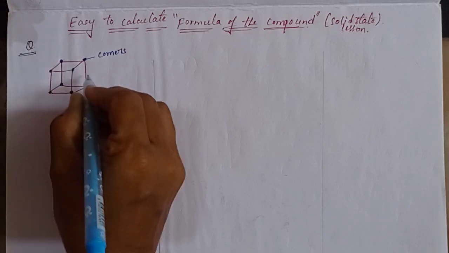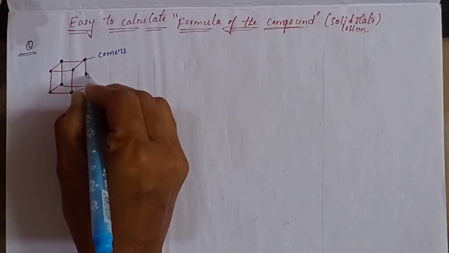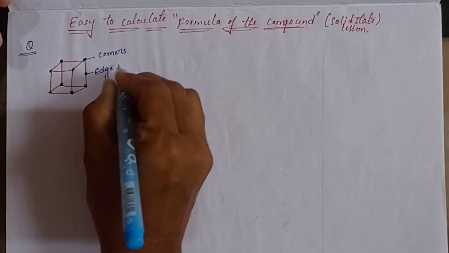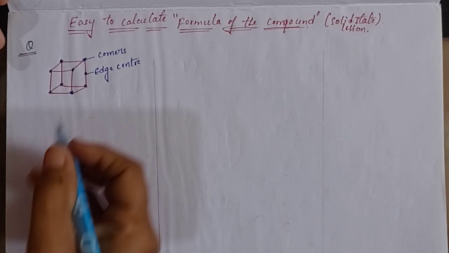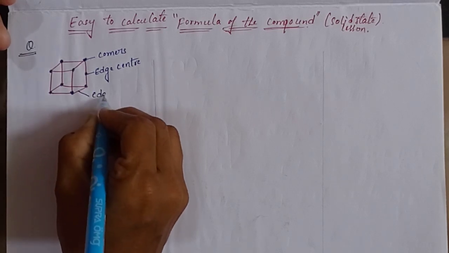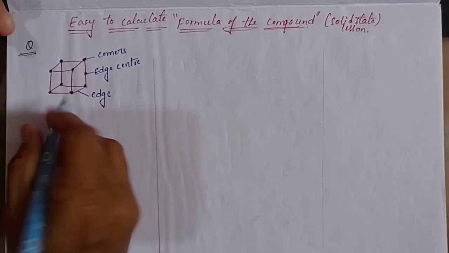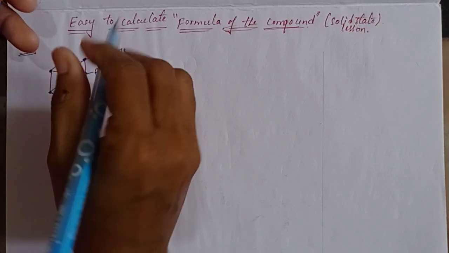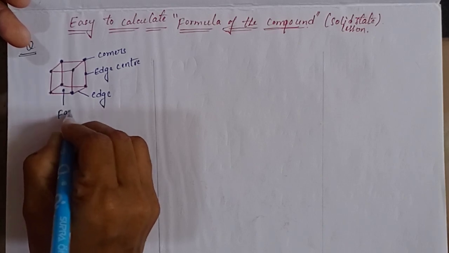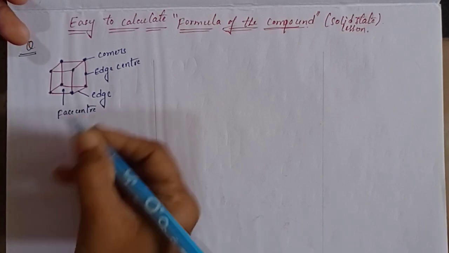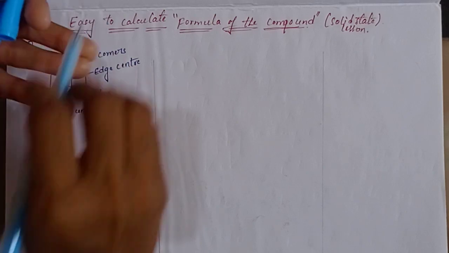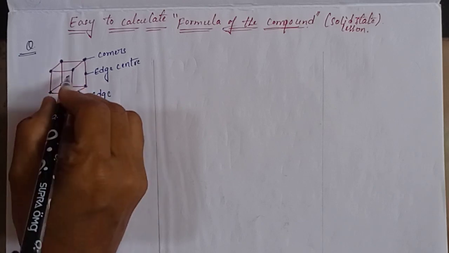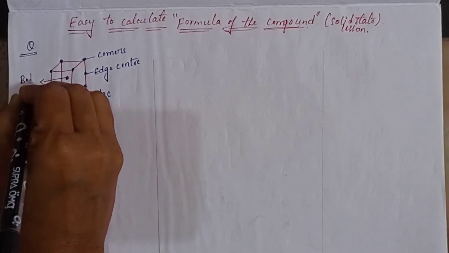Okay, and next, this one is an edge. This is called an edge center particle, and this one is the edge. Okay, and next, face centers. I'm taking here one face center. This is a face center particle, and next, this one is the body center